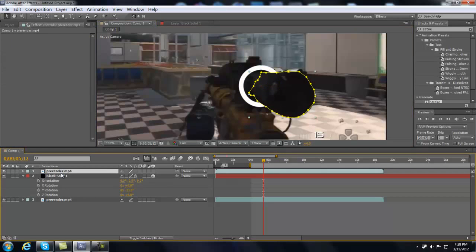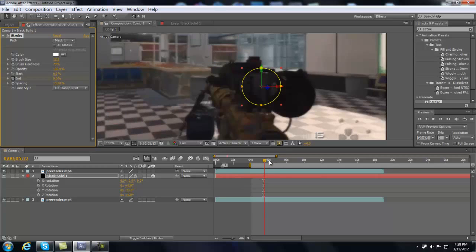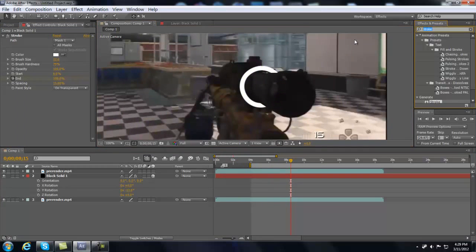So now what you want to do is go to your black solid, and you can add glow to it, or actually we're going to have to keyframe the end, so I'm going to keyframe here, set this back down to 0, keyframe, move forward a couple seconds, just about here, and set this up to 100 so that it slowly builds itself. It's just like that. And now I'm just going to add some glow. Under stylize, you're going to drop that on the black solid,